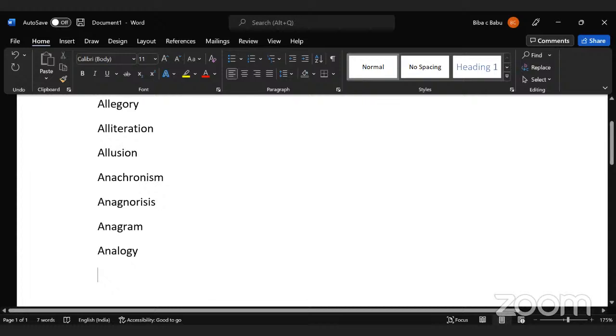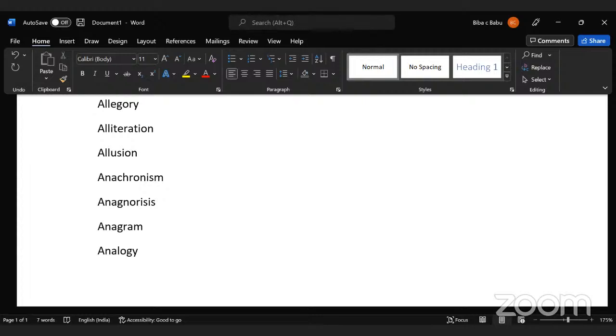Analogy is a comparison. We are comparing something in which an idea, a thing, or a person is compared to another in order to make it clear. When we compare something with something else, it is an analogy. Okay. For example,